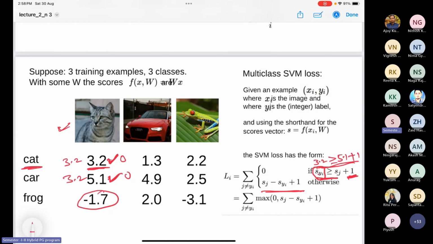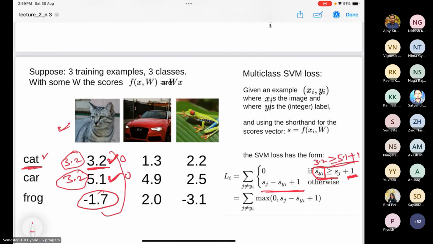I know the class should be cat, but for the class cat and class car, in both cases the score is the same. That is called a trivial condition. So in that case, you need some margin. Again, you need the score of the cat to be the highest among all the scores, but at least larger than